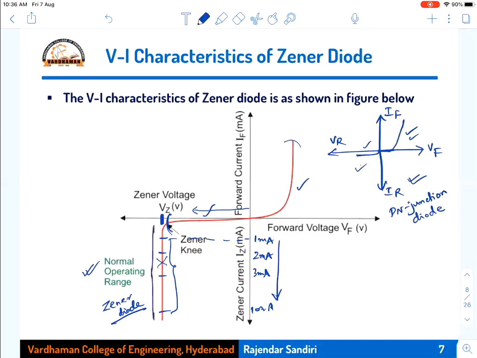So that particular property of the Zener diode is used as a voltage regulator, so that a constant DC voltage we will be getting across the regulator, irrespective of the variations of the current or temperature or the input voltage. Therefore, whatever may be the changes, the output constant voltage you will be getting, which is actually the desired DC voltage. So that is the important property of the Zener diode.